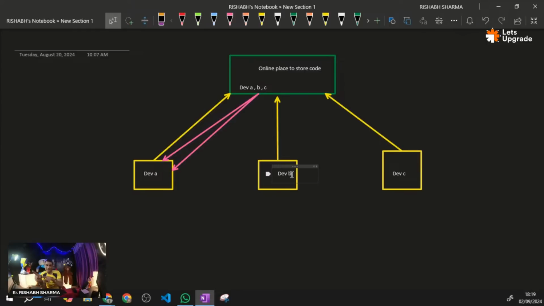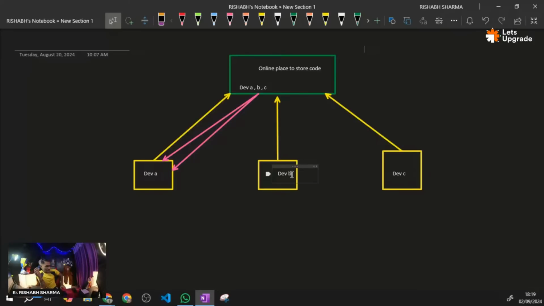The same is the case with developer C: since developer C has only its own code and not the code of A and B, once developers A and B have uploaded their code on this online platform, it will take A and B's code into its system. So this is the whole concept of Git or version controlling.